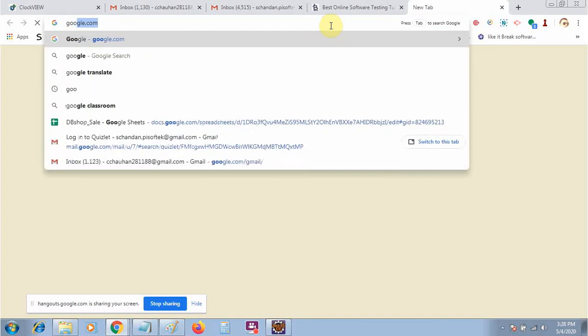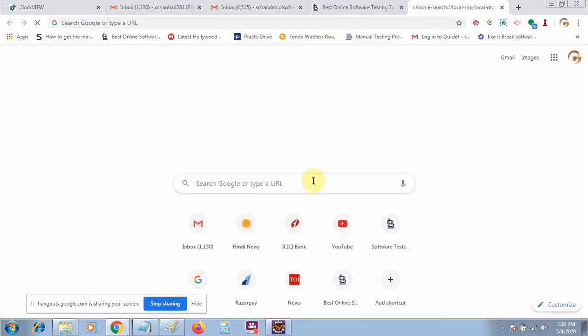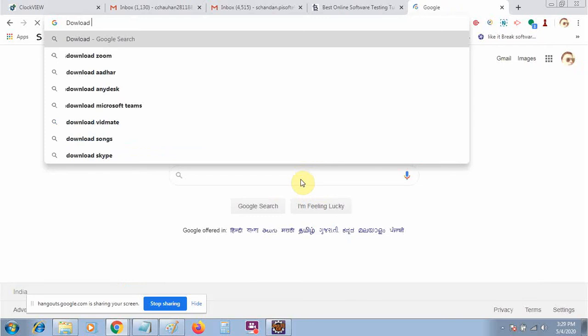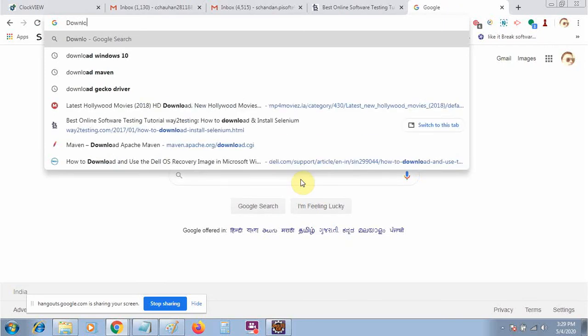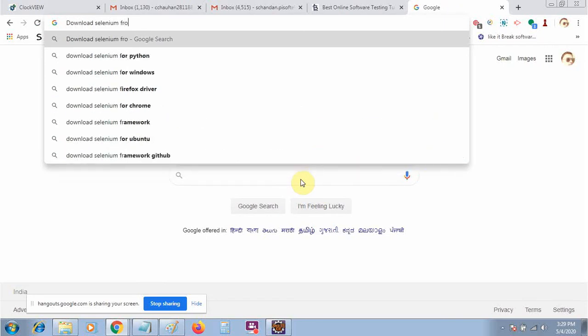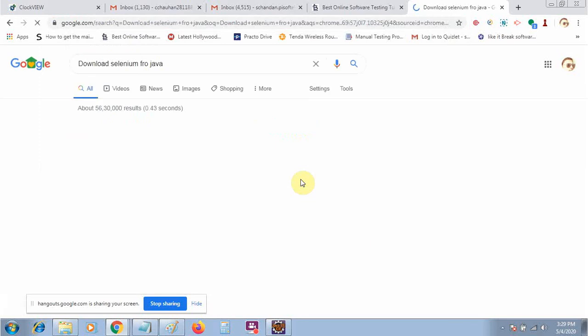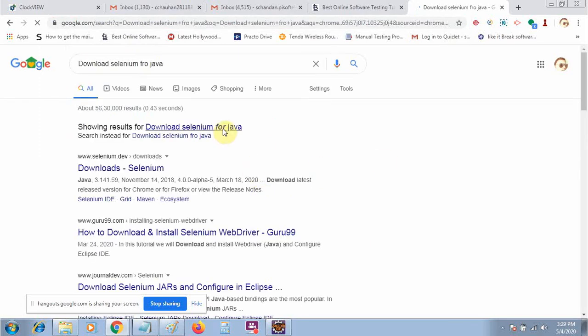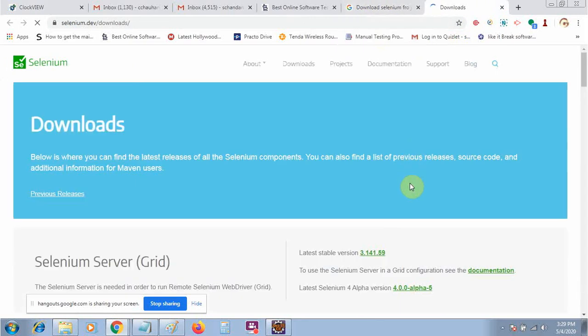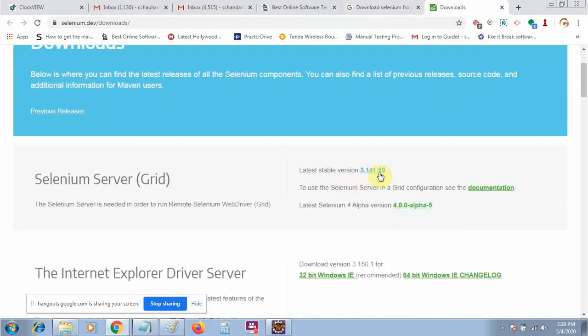First of all, we will discuss how to download Selenium. Just type here on Google, search download Selenium for Java. Simply, you will get the first URL like this one. Just navigate to this one, and you will get all kinds of information, like this is the most stable release.